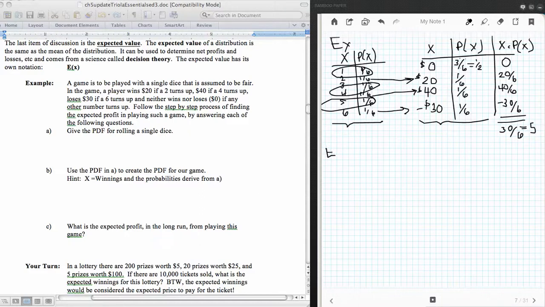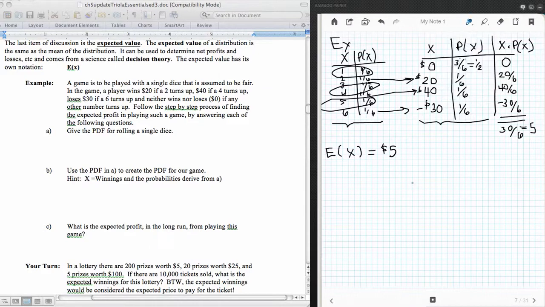So the expected profit, the expected value, which we label as E of x, is equal to $5. Now the assumption here is that I'm just playing, I'm not actually playing a game where I have to pay. This is just the expected profit in the long run. So if I continue to play this game over and over and over again, I would expect to win $5